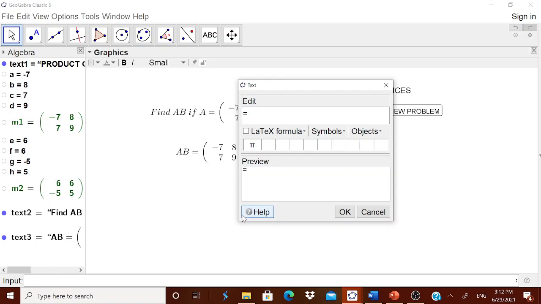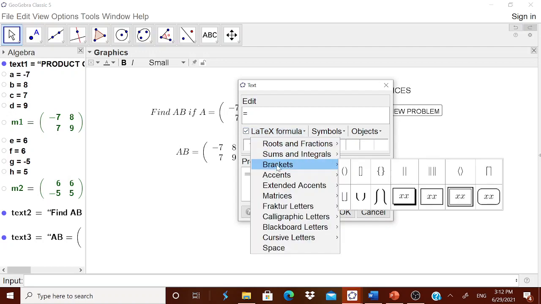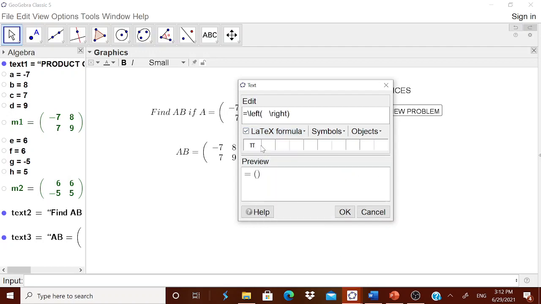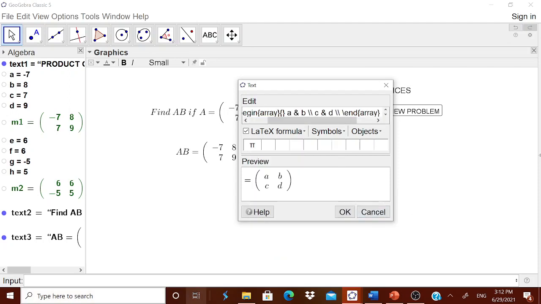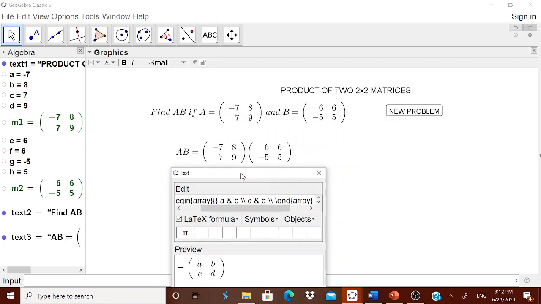Now, I will show you how you have to bring that matrix in the LaTeX formula. Go to this LaTeX formula. In that, go to this bracket, select this bracket, put your cursor in between this. Okay, now you are going to enter within the bracket that matrix. Go to the LaTeX formula, go to these matrices. There you are having a lot of matrices here, 2 cross 2, 3 cross 3 and so on. Go to this 2 cross 2. Okay, now you know what should be filled over here.